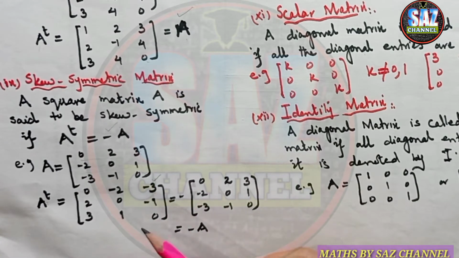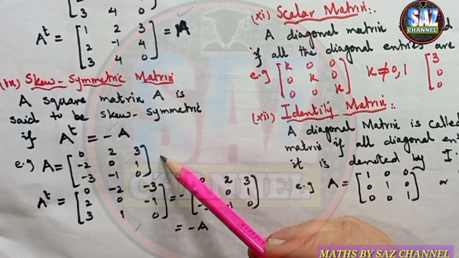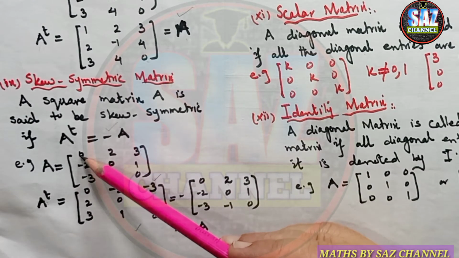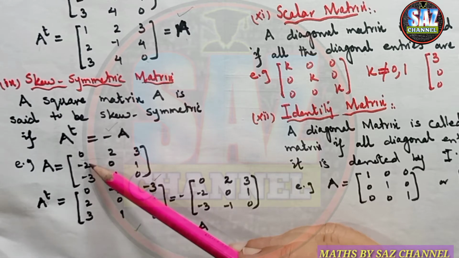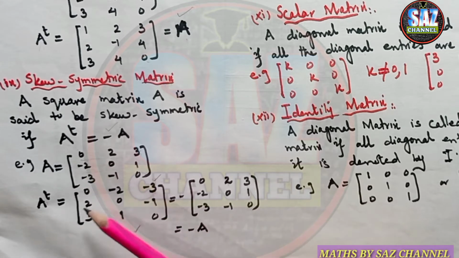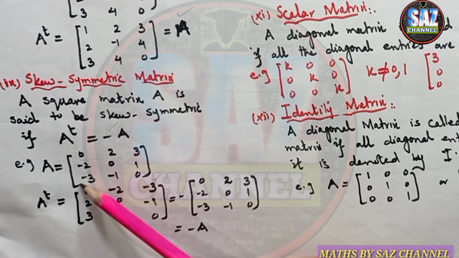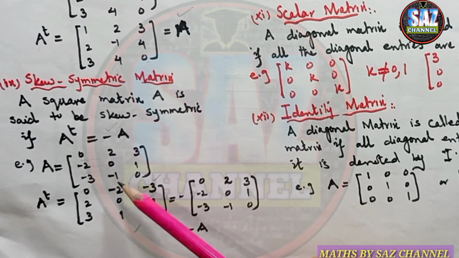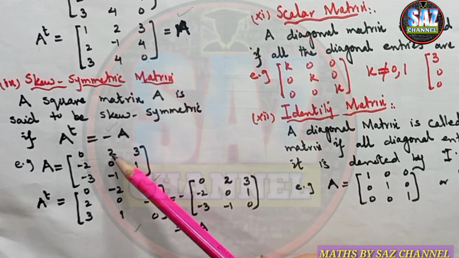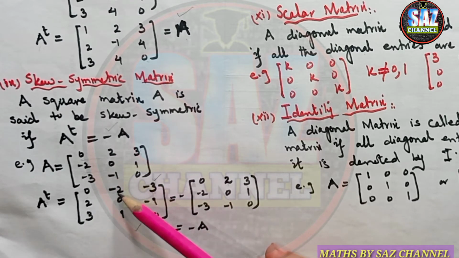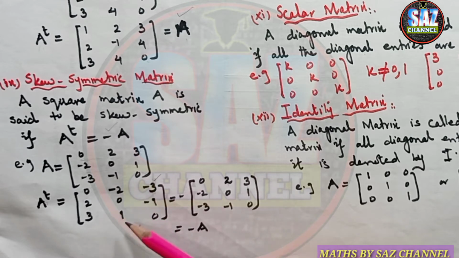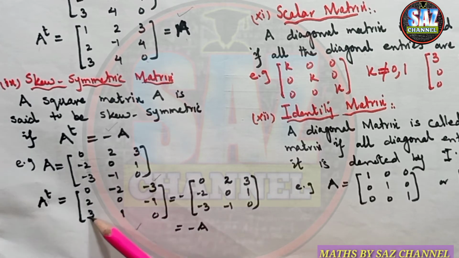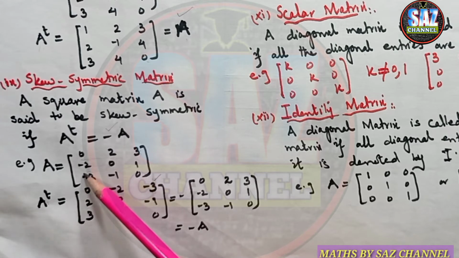Now if we are comparing the answer of A transpose with the matrix A, we can see that the first entry is 0, the second is 2, minus 2 here, but in the transpose we have positive 2, and in the original matrix the third entry is minus 3, but in the transpose it is positive 3. Same for the second column, the first element is 2 and the second here we have minus 2. So I have to turn this transpose into the form of the original matrix.